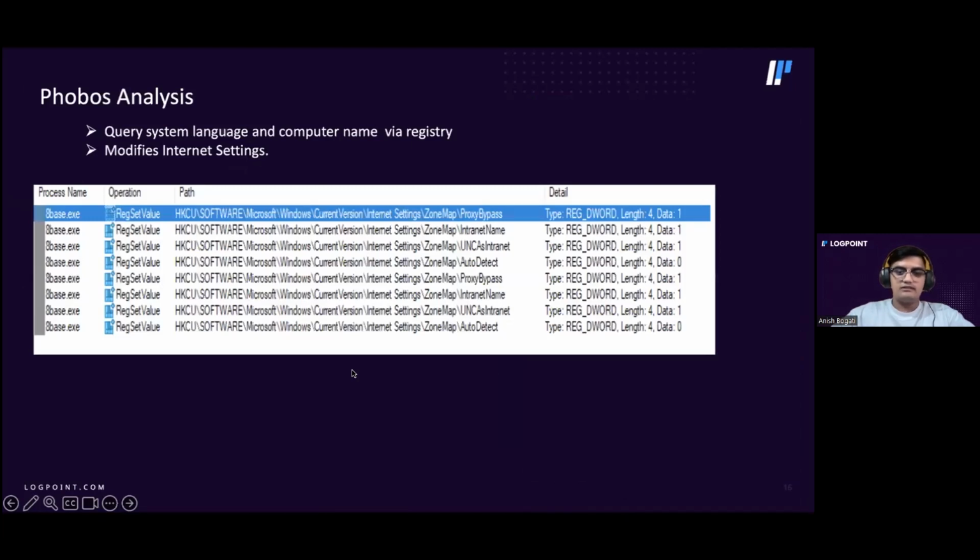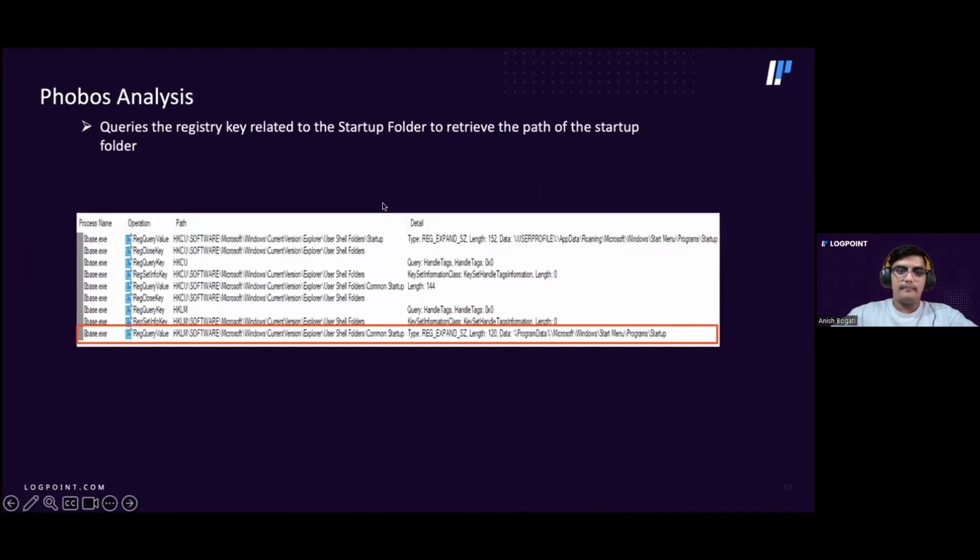So moving on to the Phobos analysis. After execution of the ransomware, it first modifies the internet settings. The registry key can be seen here in the path, and the values modified are in the data sections indicated by Data 1, Data 0. After that, it queries the registry key related to the startup folder to retrieve the path of these folders.